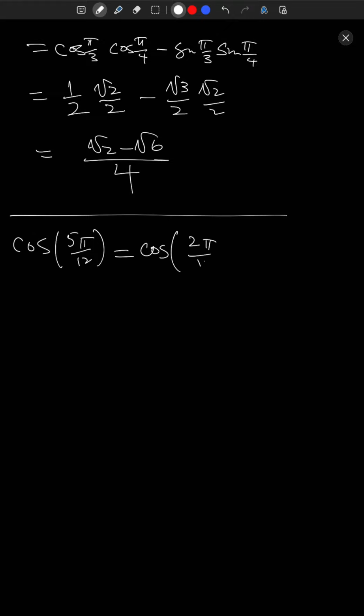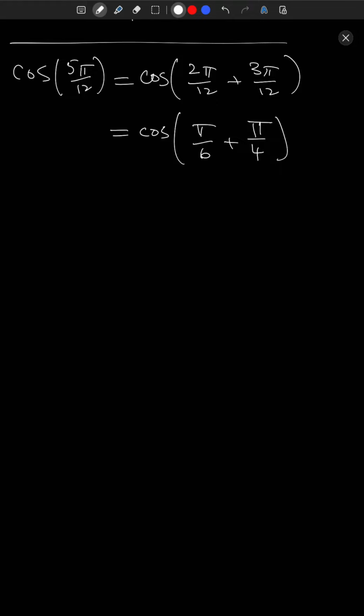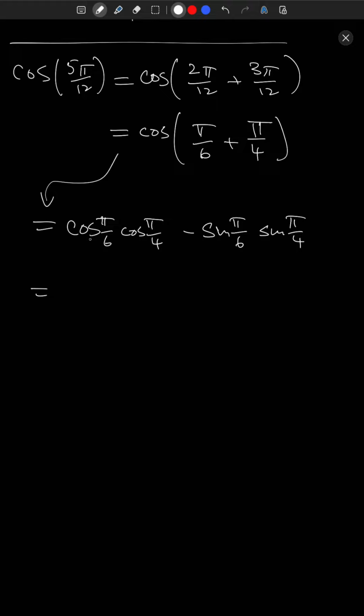So 2 pi over 12 plus 3 pi over 12. That's certainly 5 pi over 12. And then I know, again, I've anticipated that this simplifies to this, which I know is easy to compute because I've memorized the relevant quantities. All right, so this is going to be cosine pi over 6, root 3 over 2, root 2 over 2 minus. So you'll see that we've done very similar examples